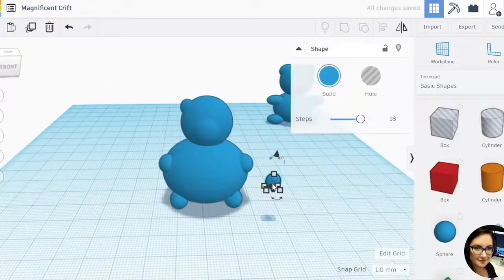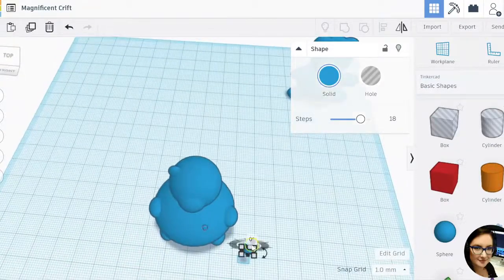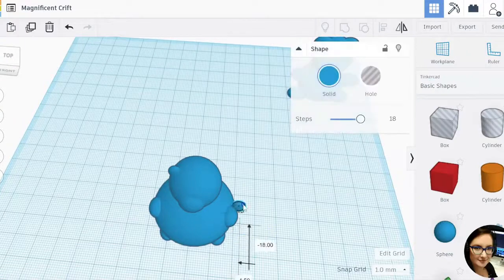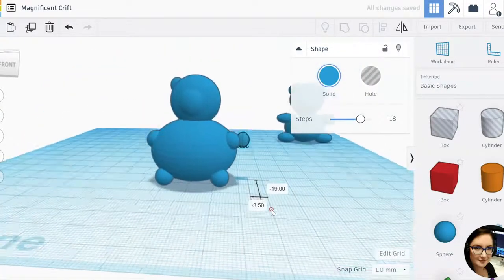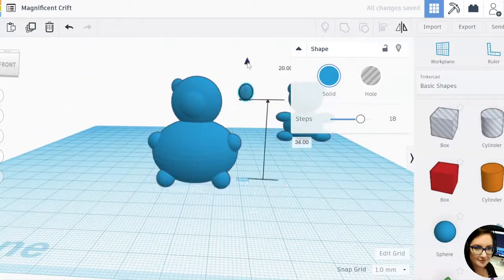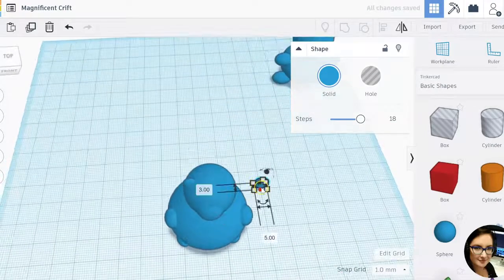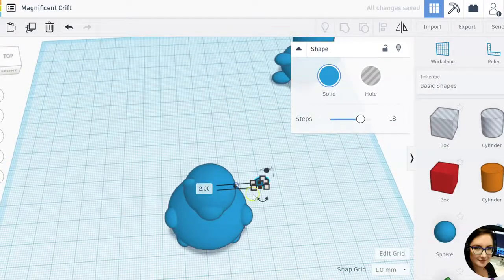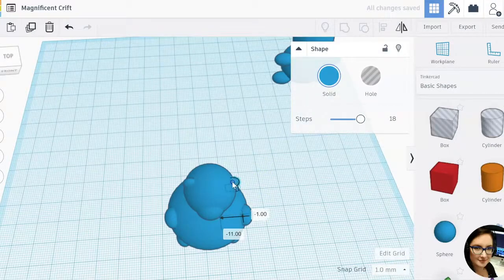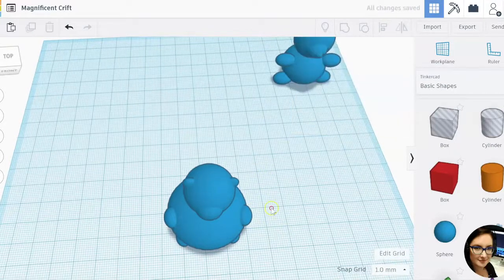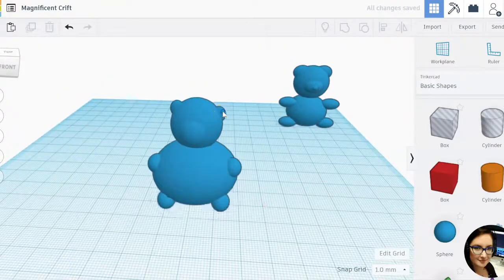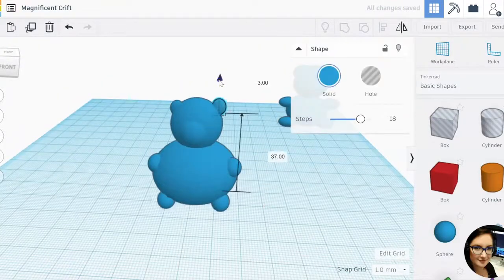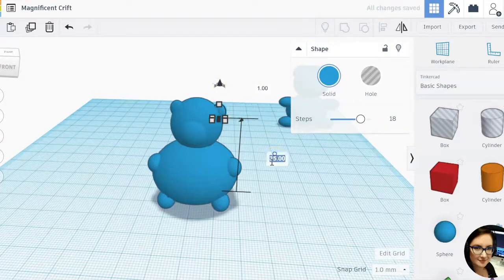Remember, every bear can be different. Your bear doesn't have to look anything like this bear. This is just a good example of how to move the shapes around the work plane and get you started. And a lot of this is just really good practice for 3D design, so when you go on to make your own projects, you'll have a lot of practice using this software and a little bit more comfort.